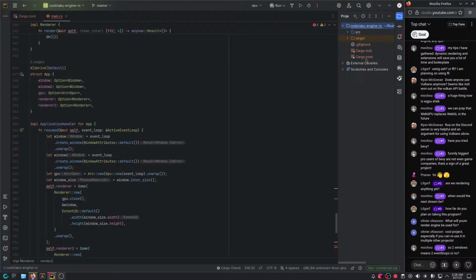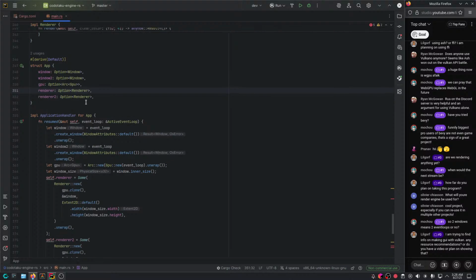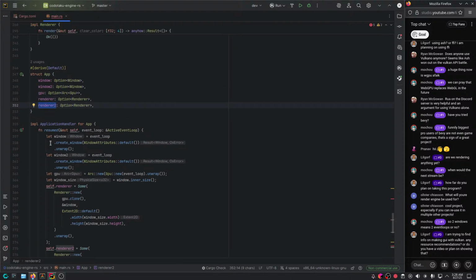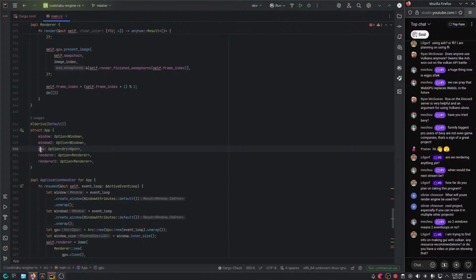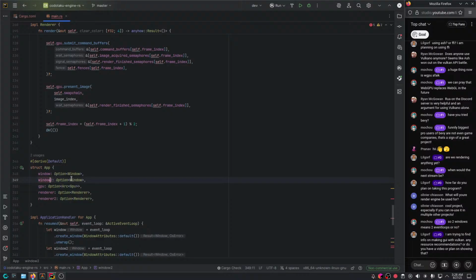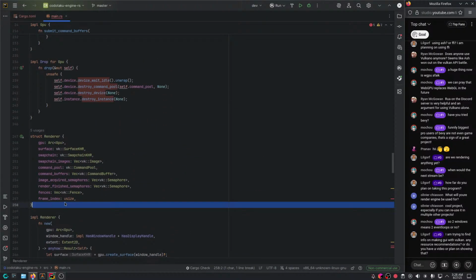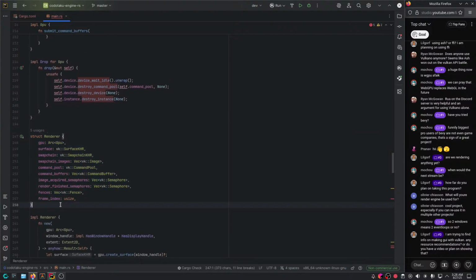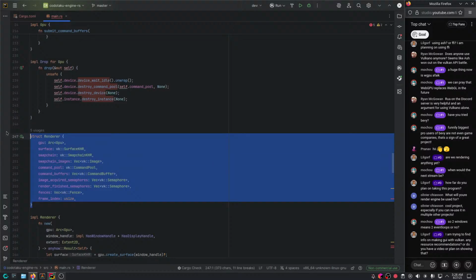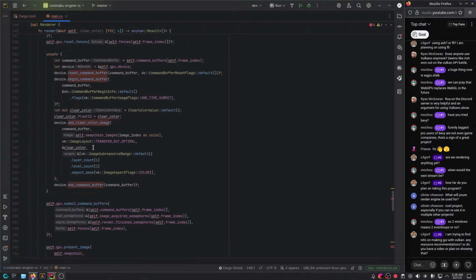So 2 windows mean 2 event loops, or no, just 1 event loop for your whole application, and you just create another renderer here, right? So the renderer, as you can see, and only one GPU device. I mean, you could make multiple ones. The point of showing you multiple windows here is to show how this architecture, where I separated the GPU from the renderer, lets me make a renderer for each window. So yeah, that's basically the case here, right?